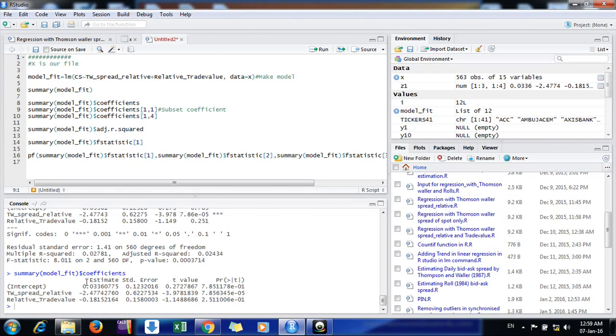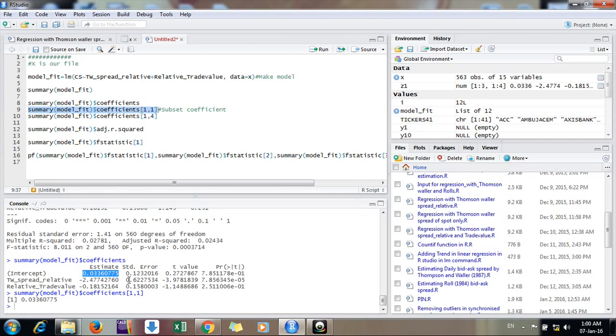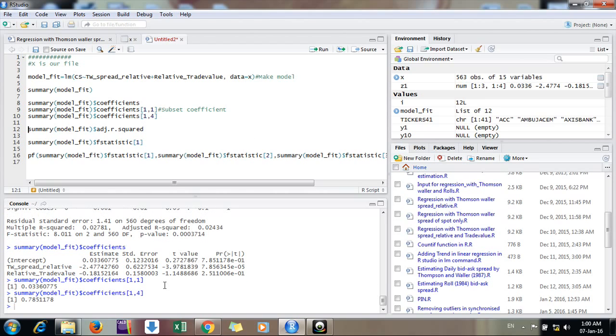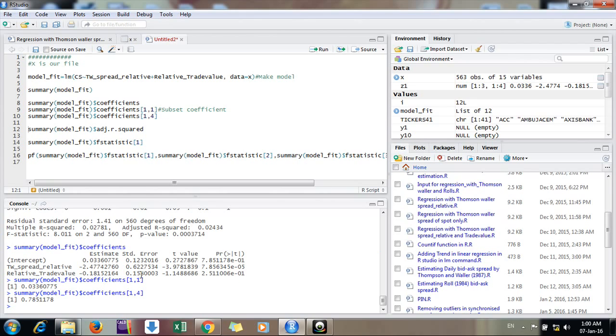If I put square brackets [1,1] after the earlier command, you get 0.03. Very simple. Similarly, for this intercept, if you want the probability, that is [1,4]. So just consider it a matrix and you get what you want. You can subset anything you want from here.